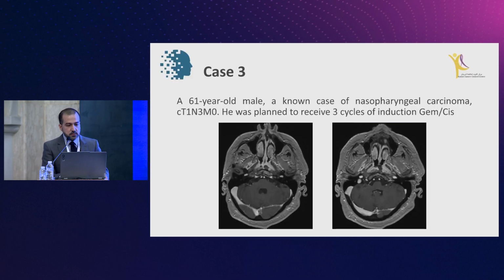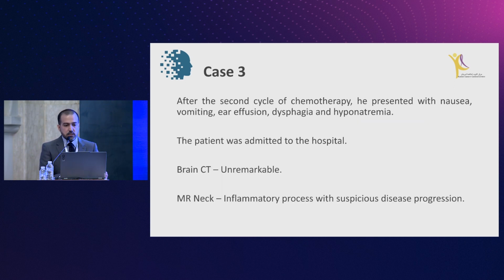So in our next and third case, it is a 61-year-old gentleman with a nasopharyngeal carcinoma, T1N3M0, who was planned to receive induction chemotherapy, 3 cycles, followed by chemoradiation. As you can appreciate, this was a T1 tumor, so we proceeded with the first 2 cycles of chemo. After the second cycle, the patient presented with nausea, vomiting, effusion, dysphagia, and hyponatremia, and was admitted to the ICU, and